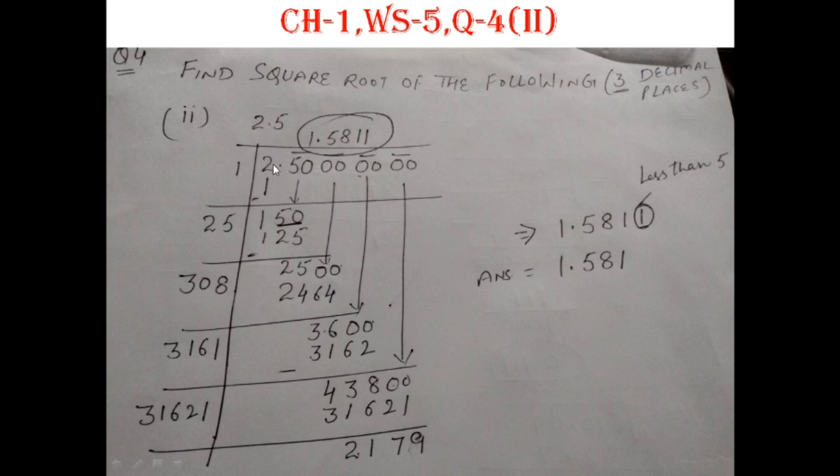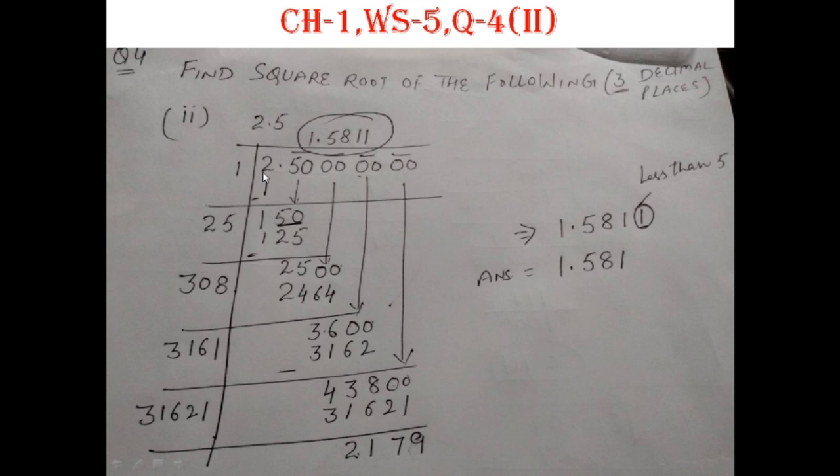Here this is a single number, we can't make pairs here, and here we will write 0 with 5 to make one pair, another 2 zeros, one more pair, then 2 zeros, one more pair, and another 2 zeros to make one more pair. Here see, I have made 4 pairs, 1, 2, 3 and 4, because here we have to find up to 3 places of decimal. Then according to this number, we will start solving the sum.